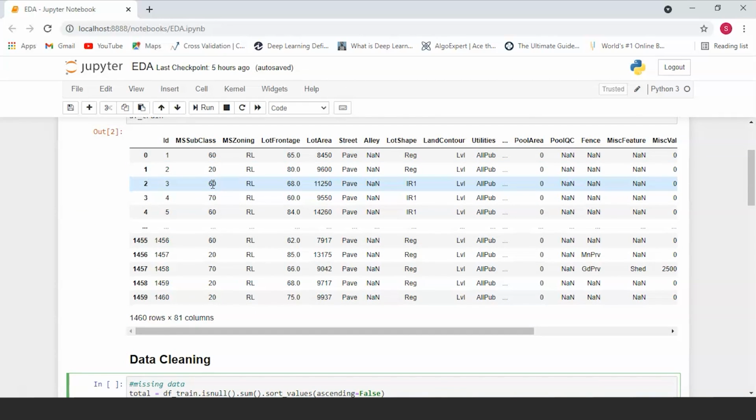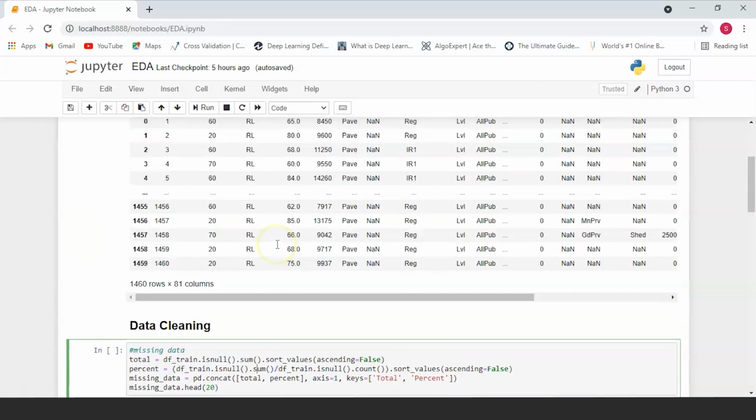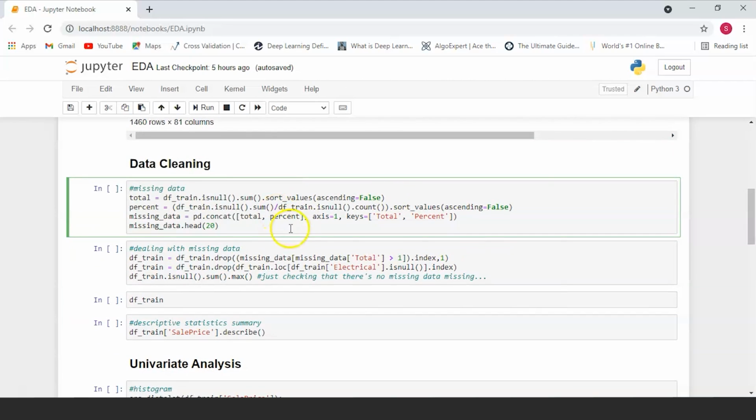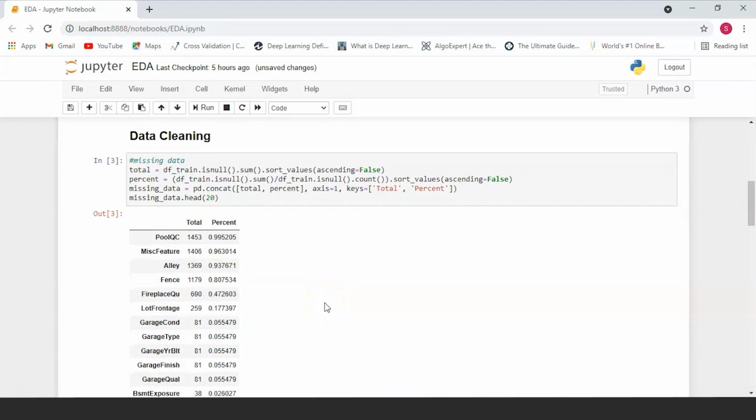What we're going to do is find the sum of all of these values and then sort that in descending order. We're also going to calculate the percentage of missing values in our dataset and then convert that into a different pandas DataFrame. So let's do this and see how many missing values we have.